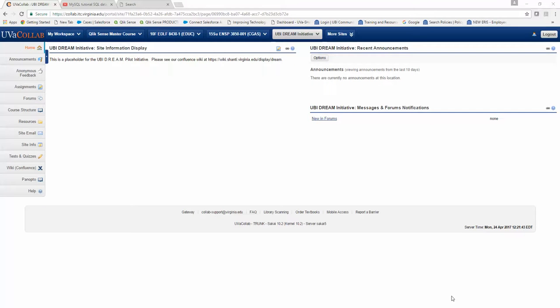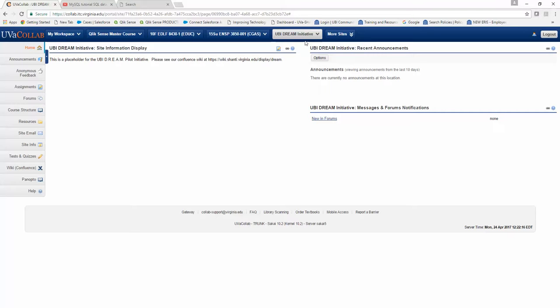So this is a brief overview of the course we're creating for the Qlik trainers. We had started creating our own course in a collab site just as a way of drafting out all of the pieces that we were putting together. And Johan, who's the team owner, essentially suggested that because there's already an existing University Business Intelligence, UBI, DREAM initiative, because that exists as its own collab site for the project, he suggested that we actually put all the training